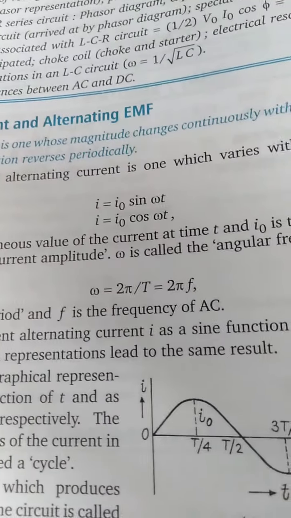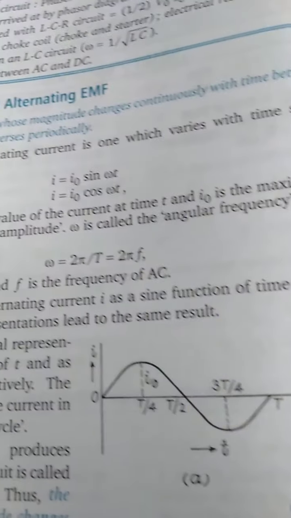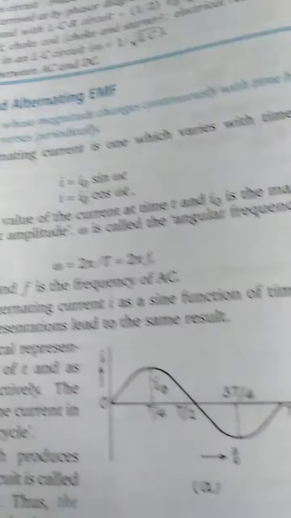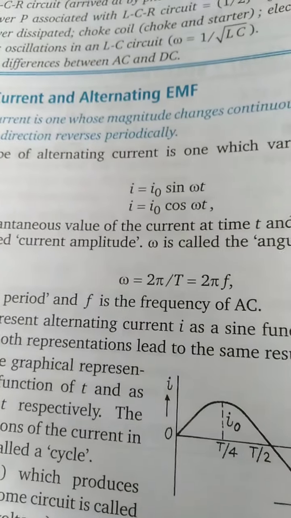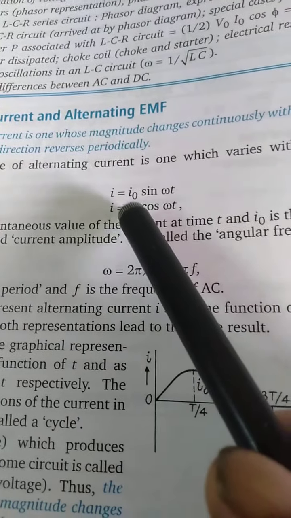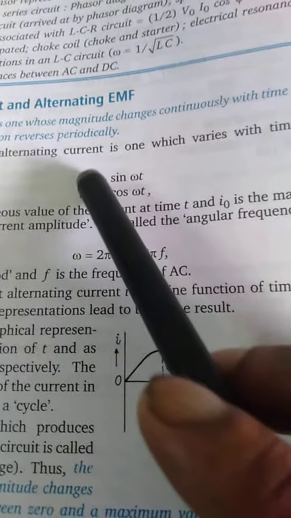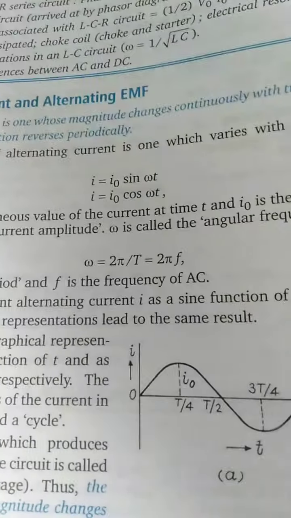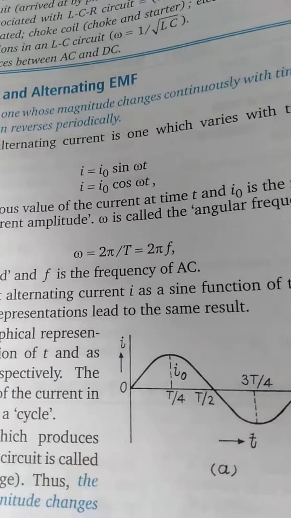Now this current has a very complex waveform. So let us start with a simple waveform, whose form is equal to that of the sine curve. In the simple waveform the equation is I is equal to I0 sine omega t. Now this equation is analogous to what you have studied in simple harmonic motion: Y is equal to A sine omega t.